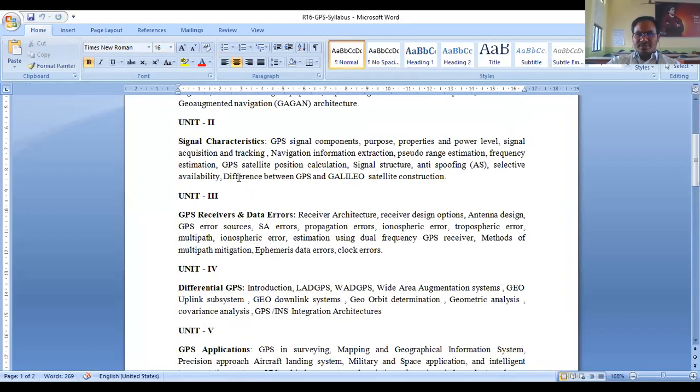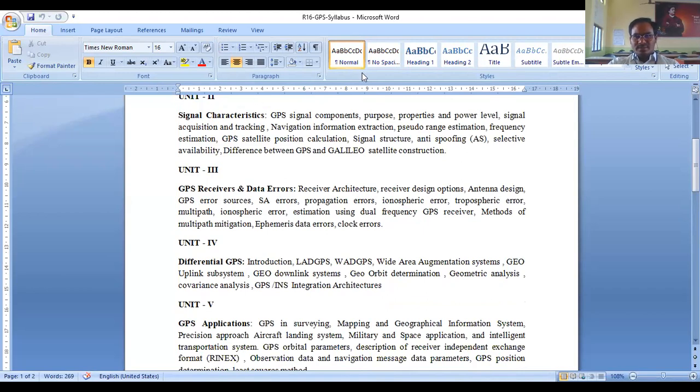Are you able to view the Unit 3 syllabus? Say yes or no. In the chat box, you can respond. Okay, you are able to view the syllabus.